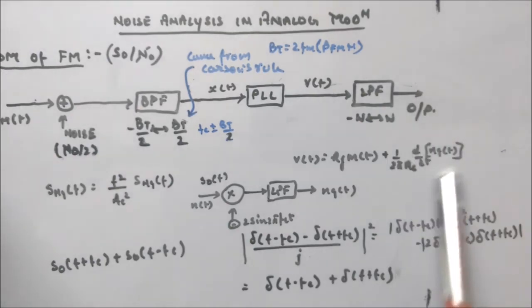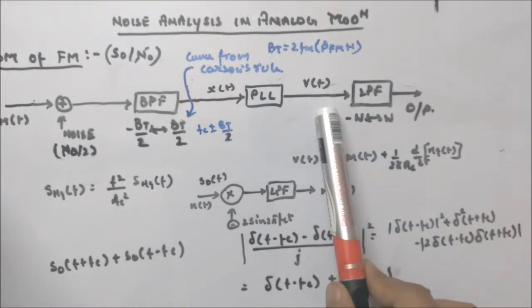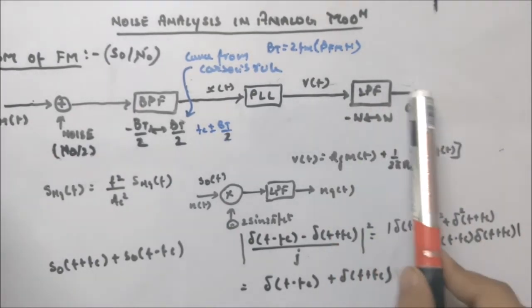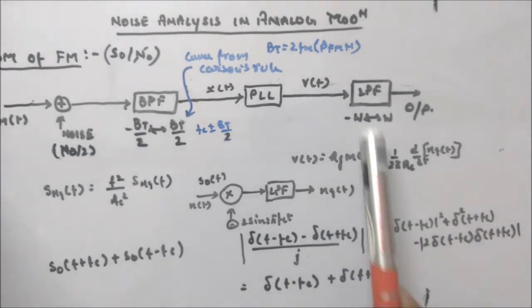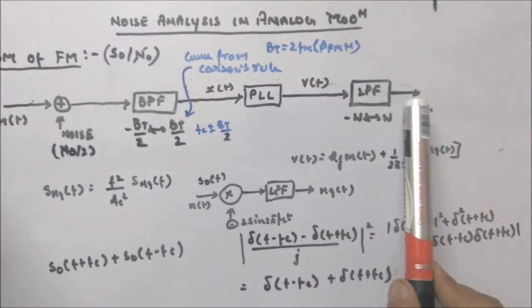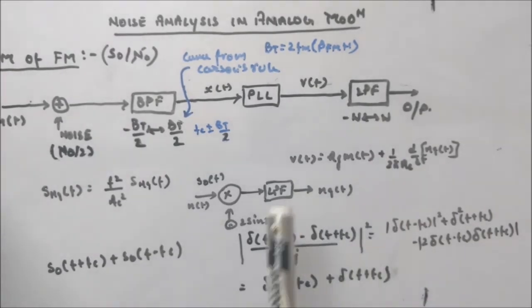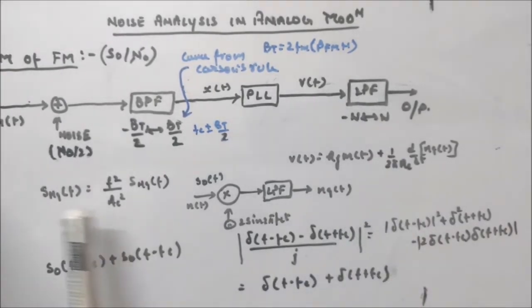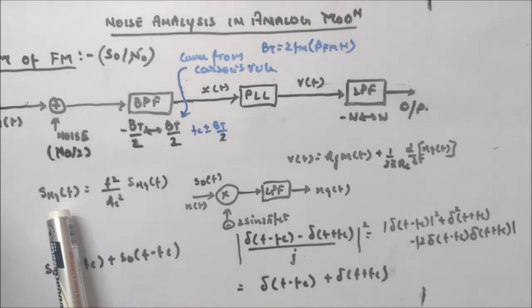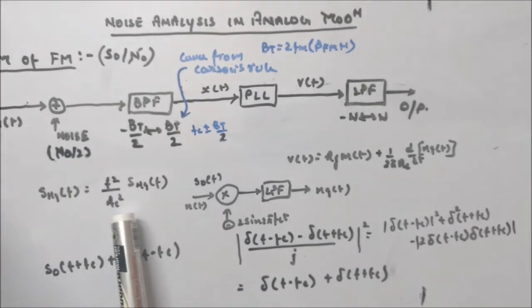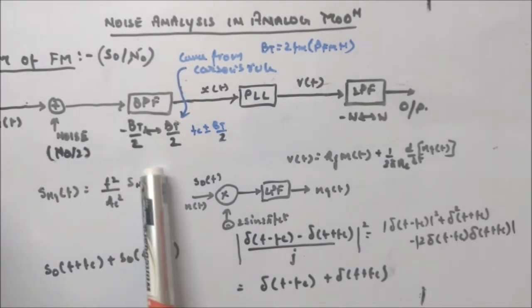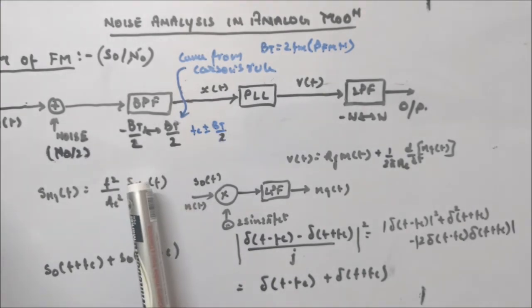We are analyzing this term right now, and we will analyze this term here as well, but this term will be the same here and here. That is why the signal power is fine, Kf square P. Now looking into this term, what we got is Sn(f) equal to f square divided by Ac square times Snq(f). Now we want this term, which is the power spectral density of the quadrature component.